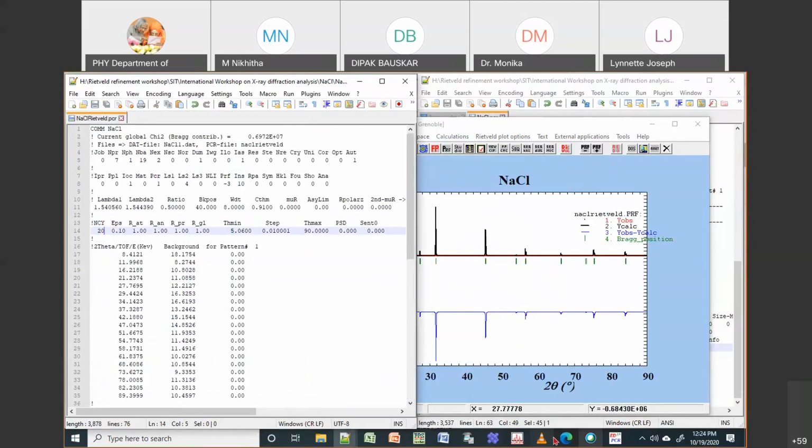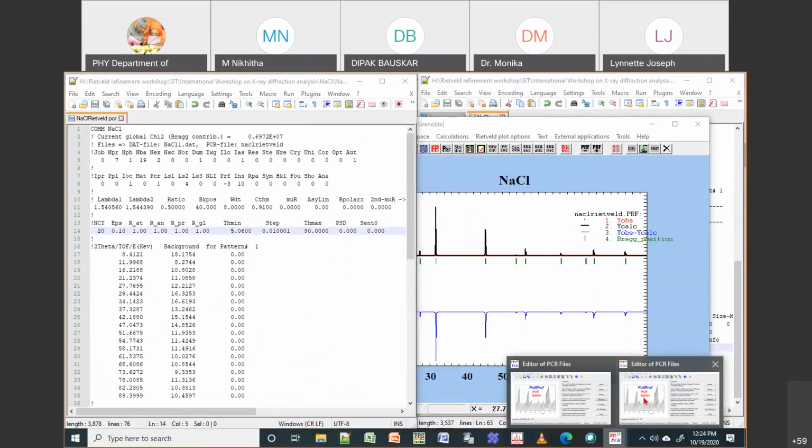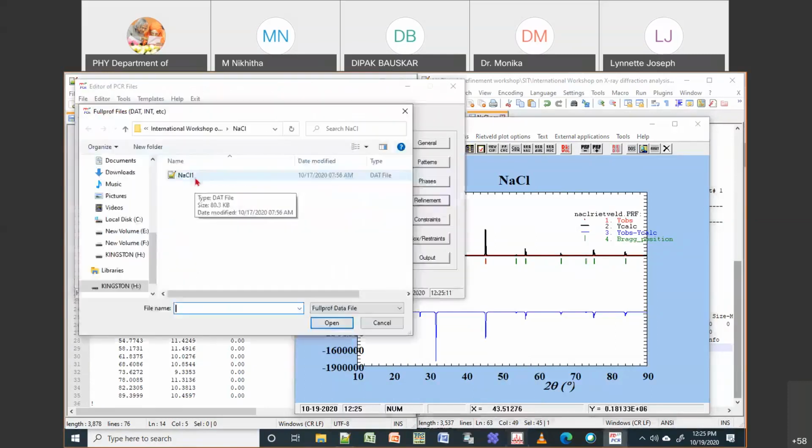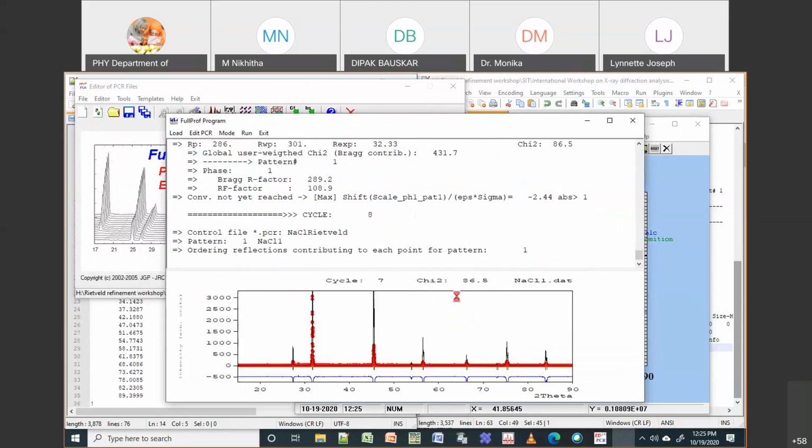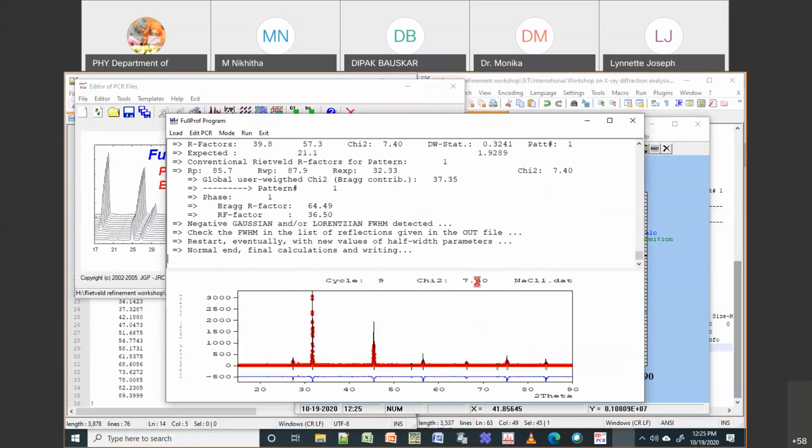Then I think I'll close them. I will open the EDPCR if you want to see what is happening. If you go here, I put 20. This is the number of cycles. It has changed to 20. You can also run it from here, or you can run it from your other option; both are the same. It will ask for the data file. I'll keep the data file. Now you can see chi-square is coming down. It is a little bit slow initially, but now you can see it is already reaching the operating point.